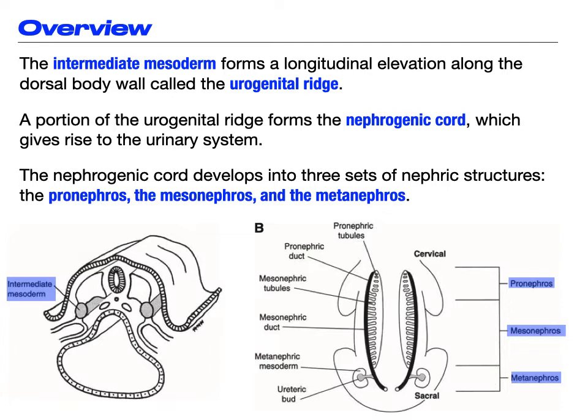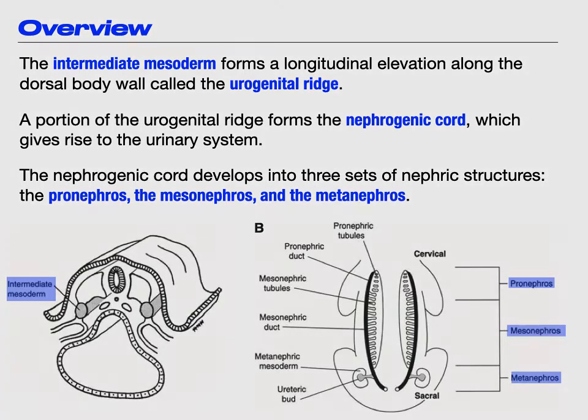Now, during the development of the urinary system, there are 3 sets of structures that emerge from the nephrogenic cord, and they form in a craniocaudal fashion, that is from head to tail end, as many of the structures of the embryo. So let's see these 3 structures, then we will concentrate on the last one, which is the one that gives rise to the